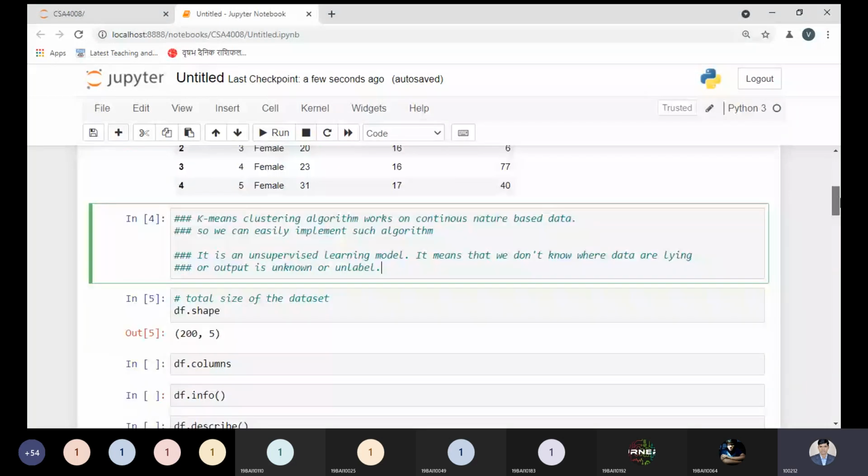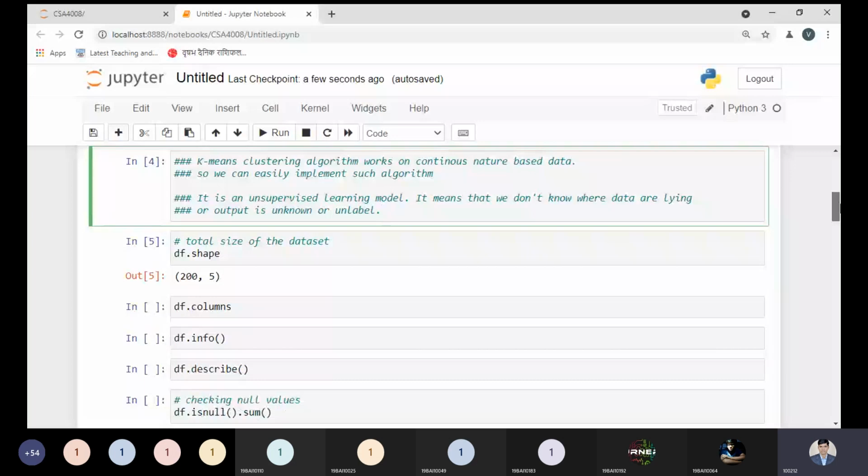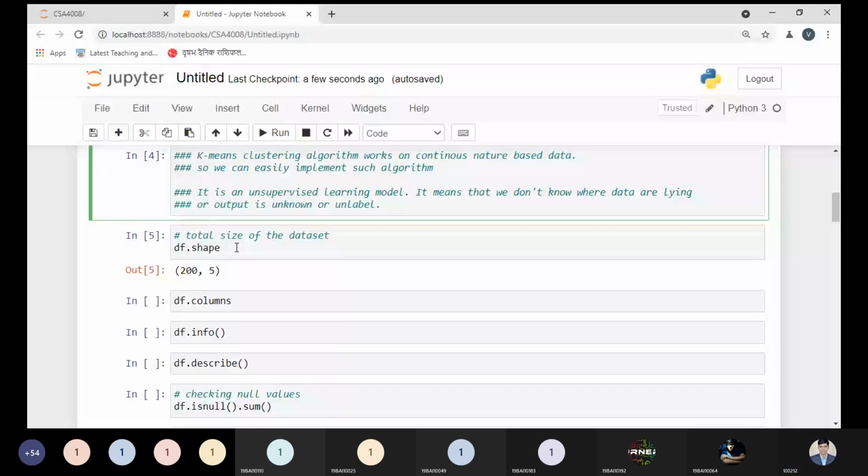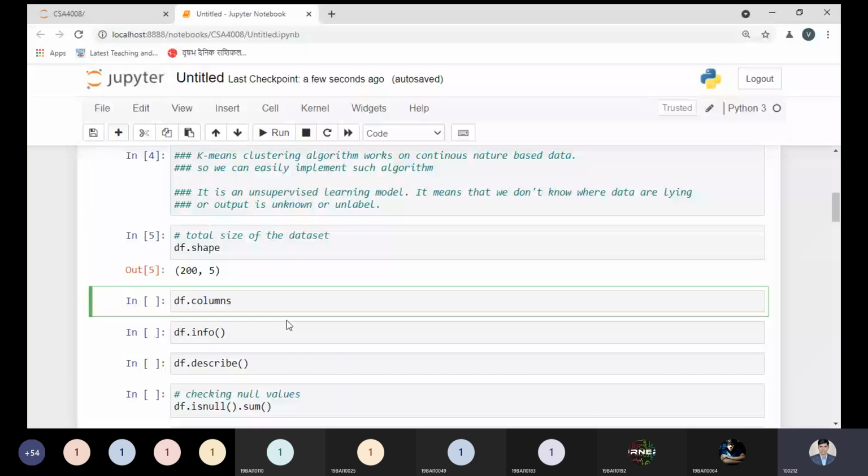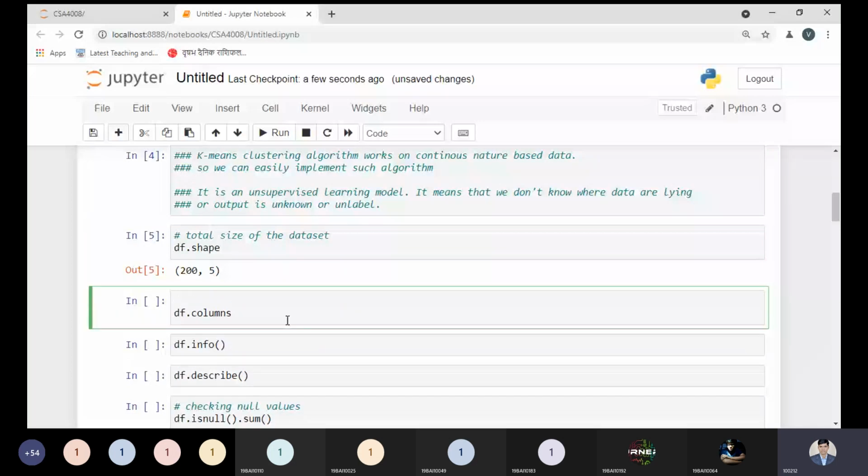We have just calculated the total size of the data, and now we need to understand the various columns. Suppose we have 5 or 2, 3 columns, we can easily see them here. But if we have n number of columns, suppose around 15 or 20, how can we see them? With this syntax: print or display the total number of columns. These are simple syntax points to keep in mind, and then we will move to the very important steps.